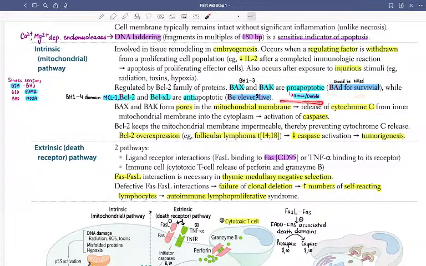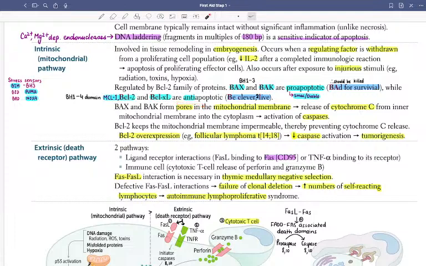SMAC/DIABLO is also pro-apoptotic. Then the BH1 to 4 domain proteins, MCL1, BCL2, BCLXL, are